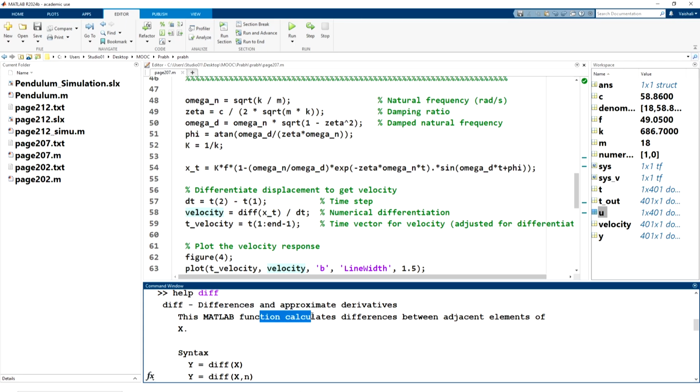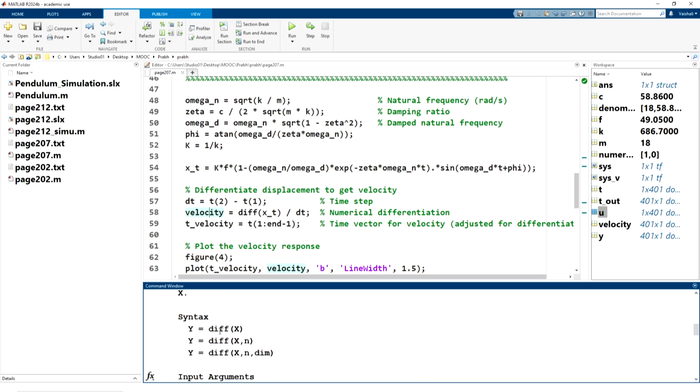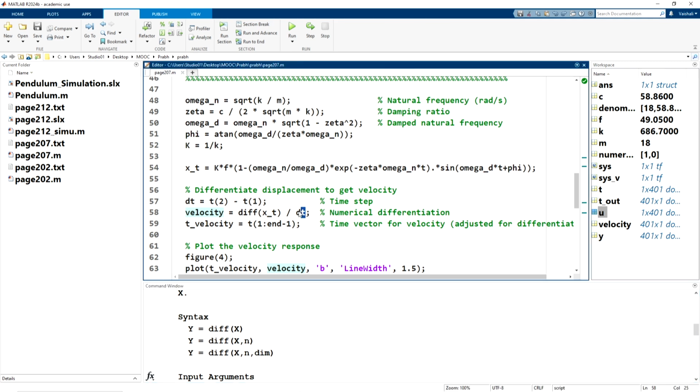This MATLAB function calculates differences between the adjacent elements of x. So there are different syntaxes for this. I have used dx as diff x of t divided by dt. The dt is the time interval. So here dt I have represented as the second element of that vector minus the first element, so t of 2 minus t of 1.